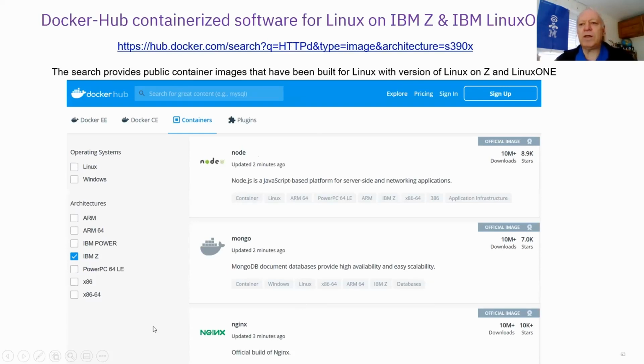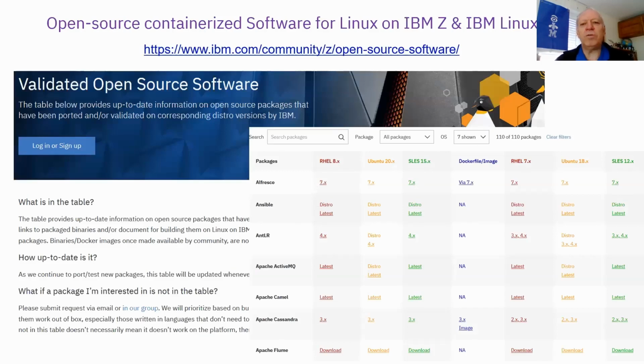This is something that some customers are not necessarily happy with, because they're uncertain what is on Docker Hub. Some customers are not allowed to access Docker Hub because it's a public repository. That's why the IBM repository is a trusted repository now. The next available capability is with the open source software that we converted or migrated to Z,